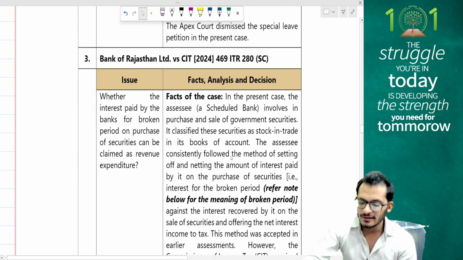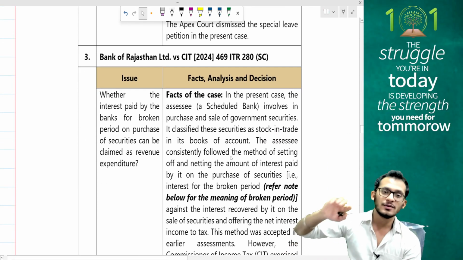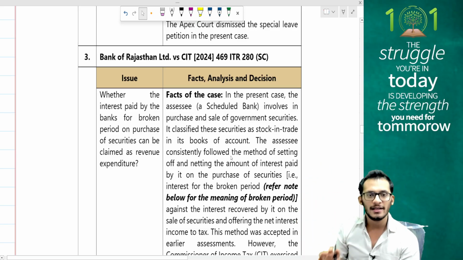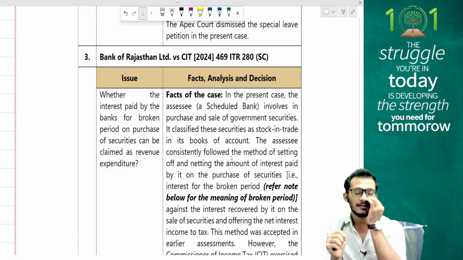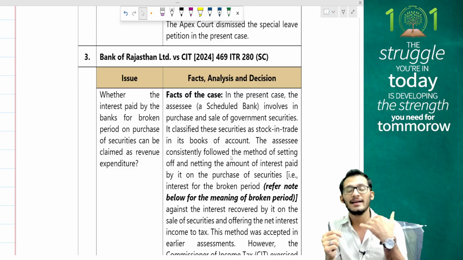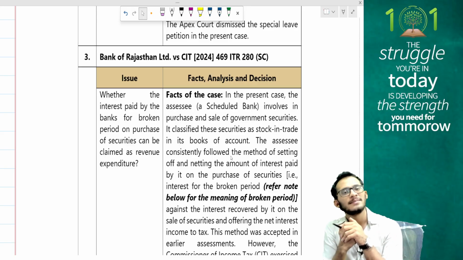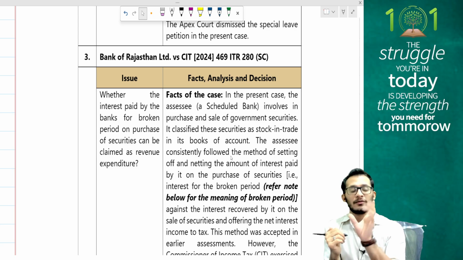Next, I have the case law of Bank of Rajasthan. This is a case law which was already notified in May 25, people. So I'm just repeating my facts here. This was a case law where basically what happened is there was an assessee, a bank, where the assessee was involved in the process of buying and selling securities. Now, during this buying and selling of securities, there was a certain amount of time which you would have also learned